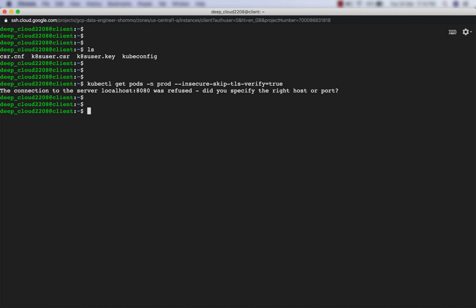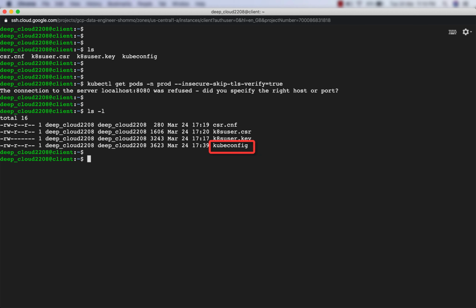Now why are we getting this error? Because this command is going and trying to find the configuration from .kube/config file, but we have not put the configuration there. We have put the configuration here in this kubeconfig file. So we have to tell kubectl that go ahead and take the configuration from this